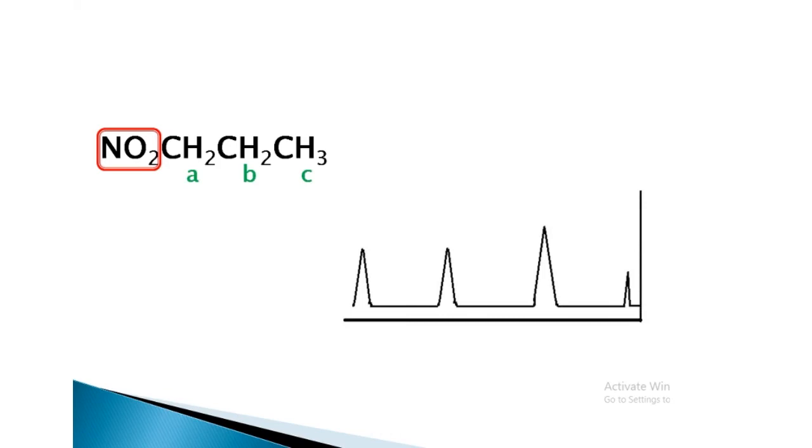Now, let us assign each peak to the specific hydrogens. Remember, the closer you are to an electronegative atom and/or a double bond, the more shifted you are going to be, or you are less likely to be like TMS. So the most shifted peak should be due to the A hydrogen. The second shifted peak should be the B-type hydrogen, and the least shifted peak should be due to the C-type hydrogen. So this is what we are learning: how to determine the relative shifts for hydrogen in any given molecule.